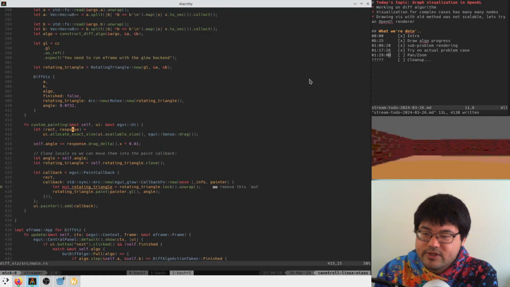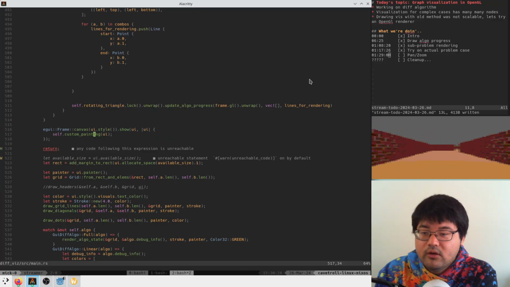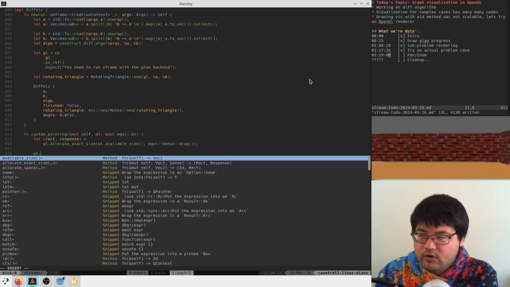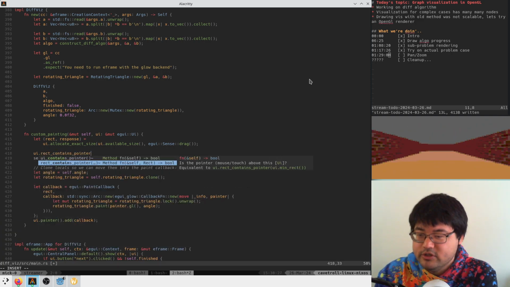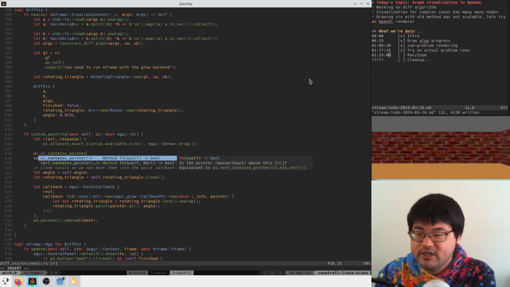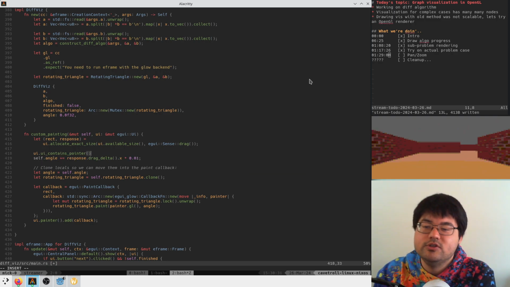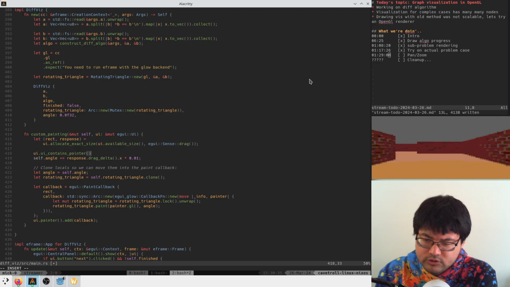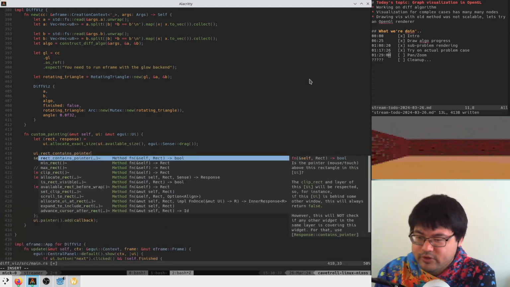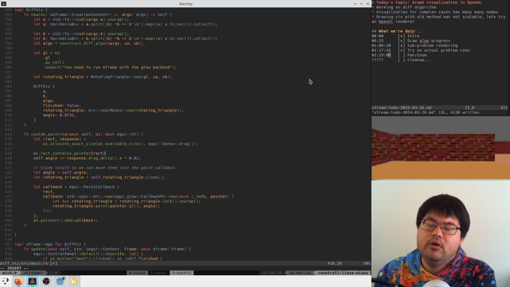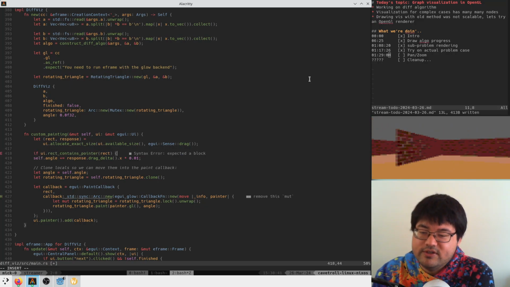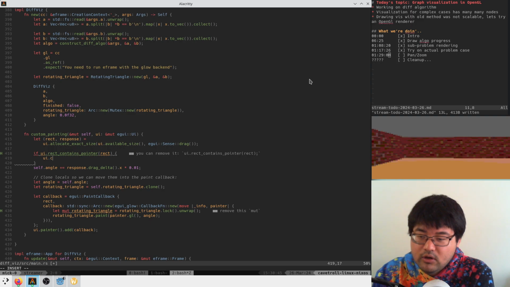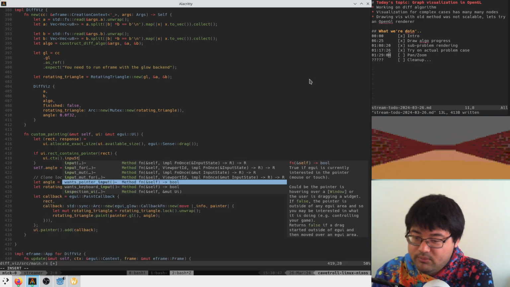So let's do something like UI. I already forgot. It was like contains pointer. UI rect contains pointer, UI contains pointer. Ah, nice. Okay. So if this contains the pointer, maybe we want rect contains pointer. If this contains the pointer, UI ctx input,